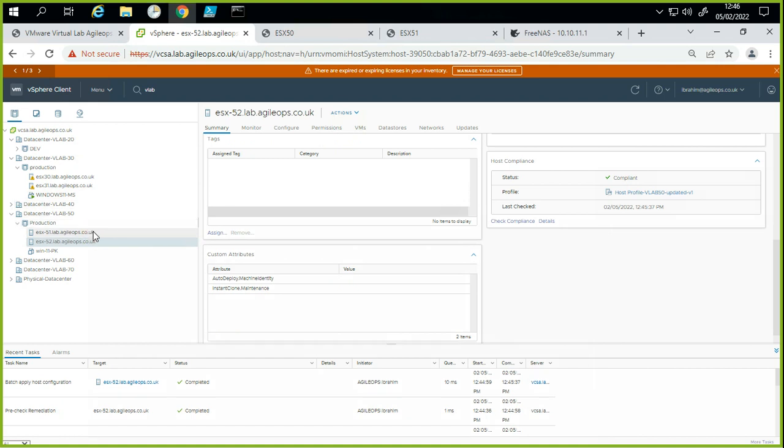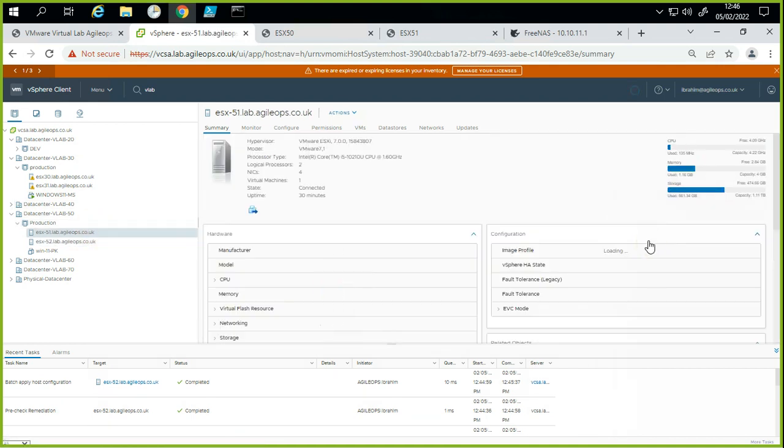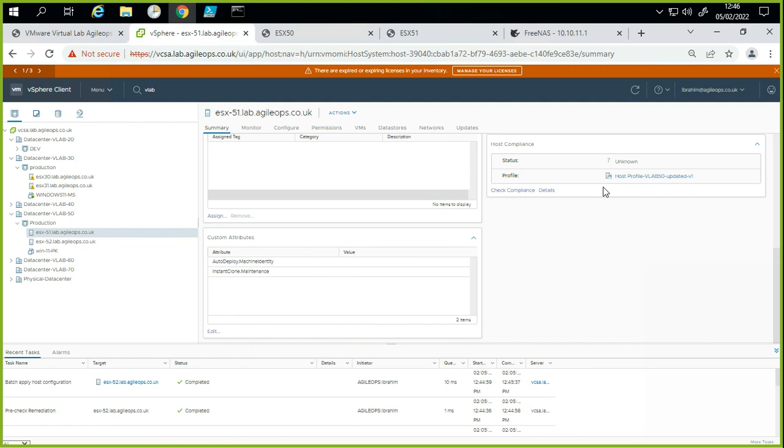And again, if we click on the first one, it will say it hasn't run the compliance yet, and it shows unknown. So all you do is click on compliance check, and that is going to make sure it has everything there. Now I think it will come back and say it is not compliant, because you deleted the UAT profile, remember, the one written as host underscore old. So that might come up, see, not compliant. Understand? So to fix that, all we have to do is right click